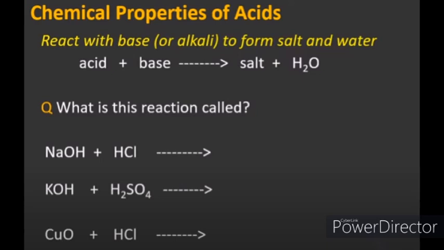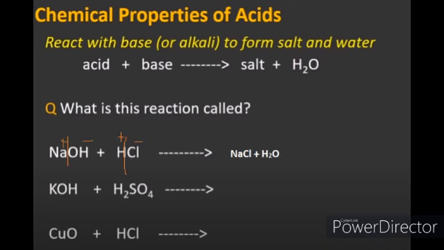First is sodium hydroxide reacting with hydrochloric acid. Second is potassium hydroxide reacting with sulfuric acid. Third is copper oxide reacting with hydrochloric acid. Now in the first two examples we have OH ions which indicate that these are bases. But in the third I used copper oxide instead of any direct base. So what does it mean? It means that metallic oxides are basic in nature. Now let's see what different products are formed in each of the following reactions one by one.